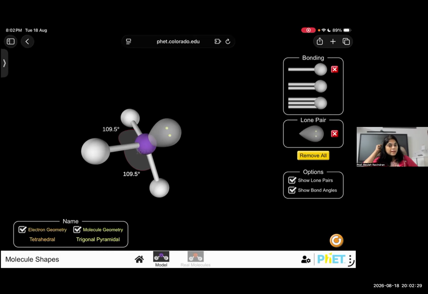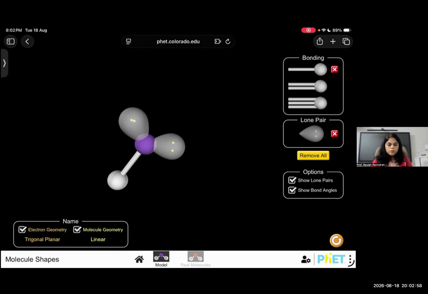Electron geometry is tetrahedral. So electron geometry is different from molecular geometry. Electron geometry I'm talking about, it is tetrahedral. Molecular geometry is trigonal pyramidal. Okay, the angle is 109.5 degree. Then here 4 VSEPs available. Suppose if you are taking AB3E, suppose if you are taking